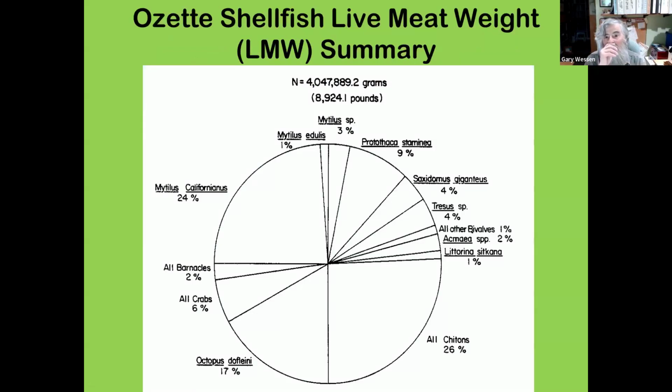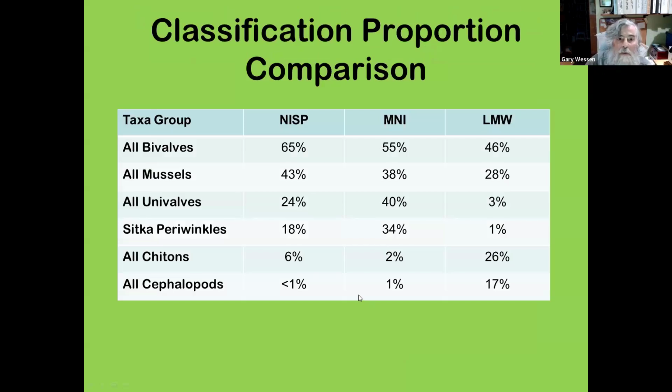Okay, and so here's the last one. Now, those are the MNIs. Once you have MNIs, which I just showed you, then you can calculate meat weights by, again, working with live specimens. Just take them off the beach, collect different types. You know the size ranges, so you can pick sizes. You can calculate meat weights. And what I really want to show you with these things, and I think it's actually on the next one, is okay. So here's for some varieties